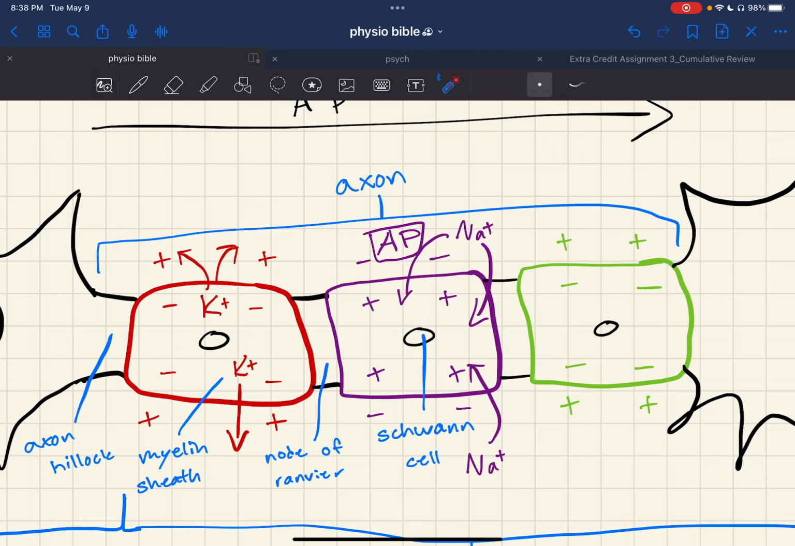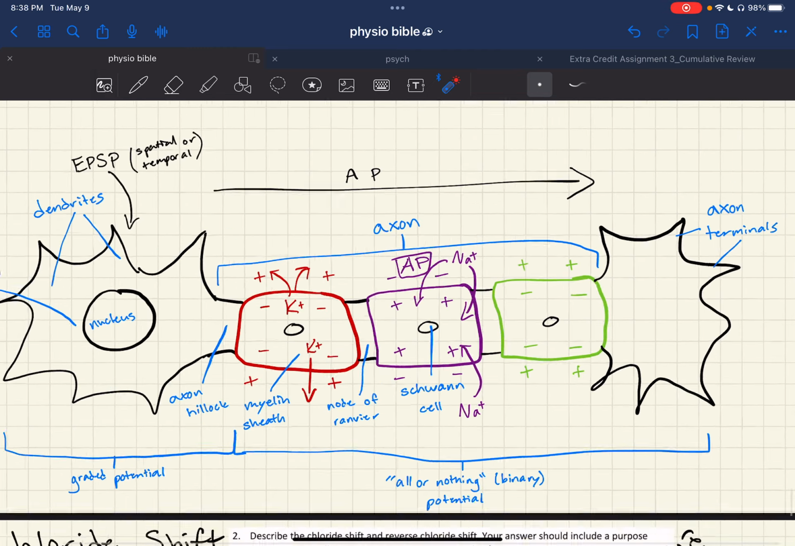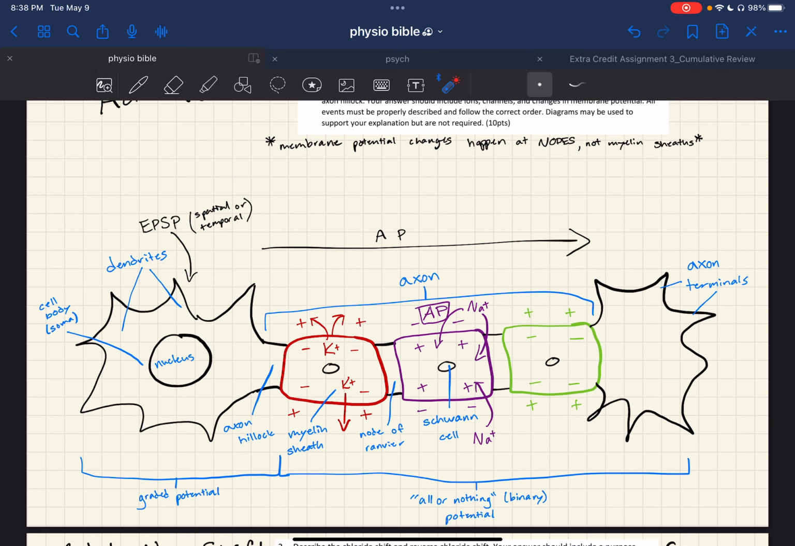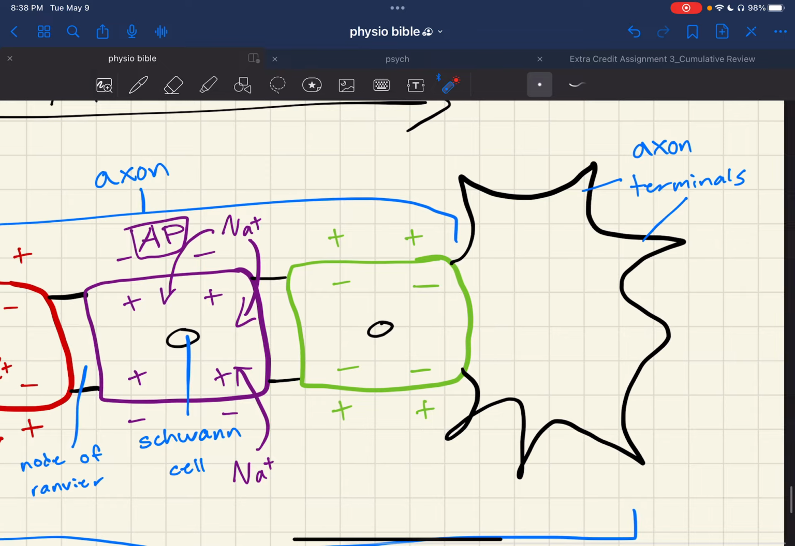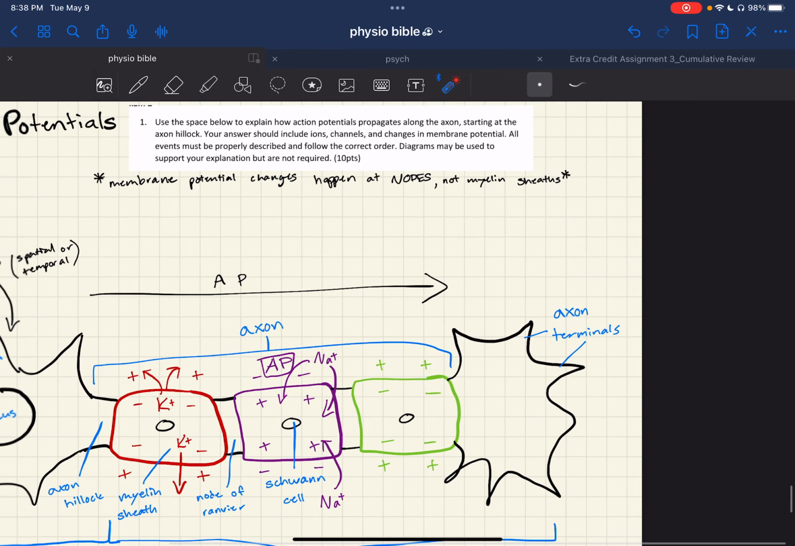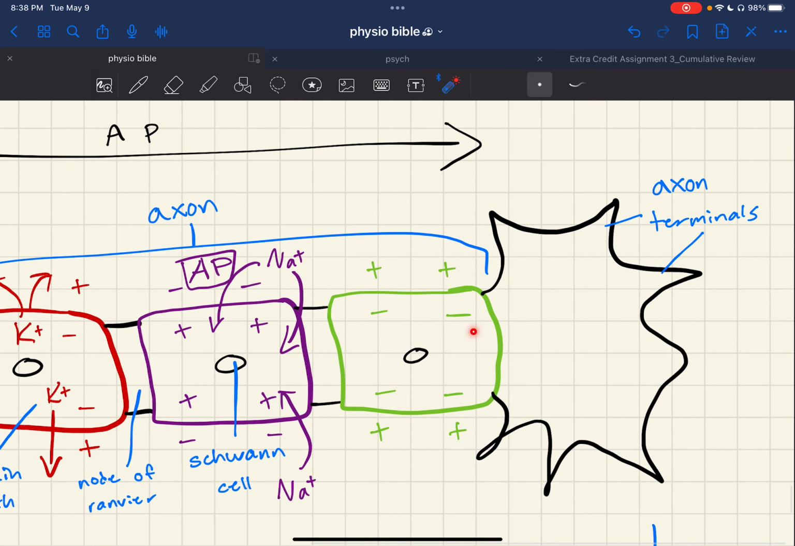This would be resting, eventually ready for a new all or nothing action potential once this neuron finishes and it receives another EPSP from a presynaptic neuron. And then over here, the action potential goes to the axon terminals, where then it's able to propagate through neurotransmitters to a postsynaptic neuron, using calcium to push, for example, acetylcholine